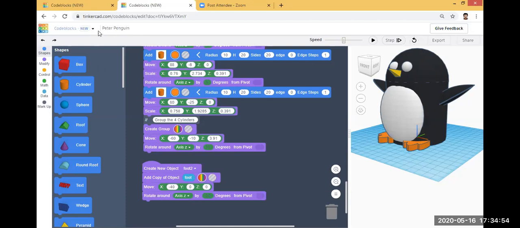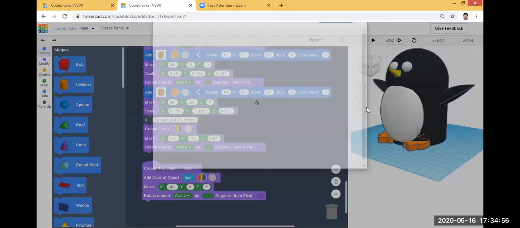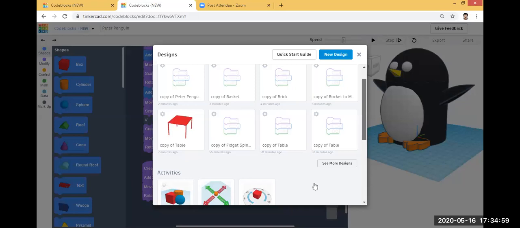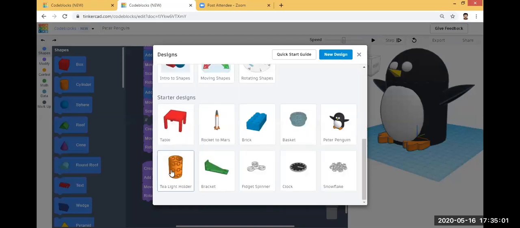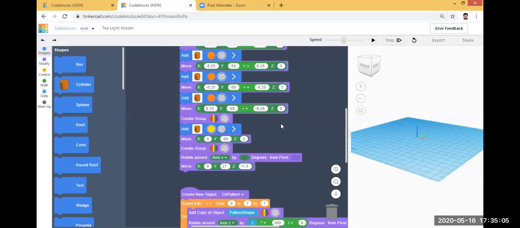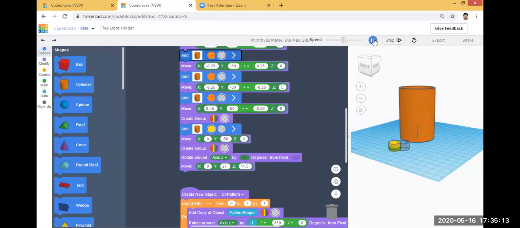Then next example I will show you is the tea light holder. You can see the creation of the 3D design in the right side.